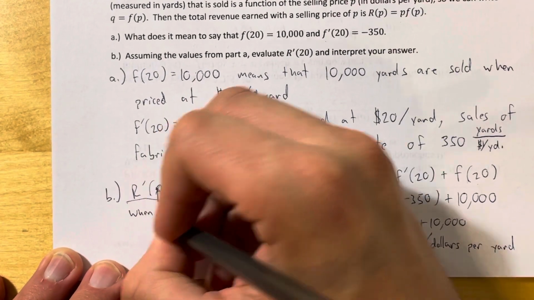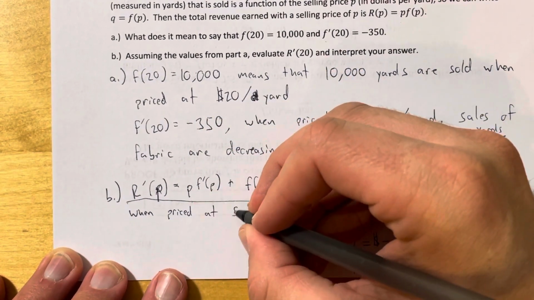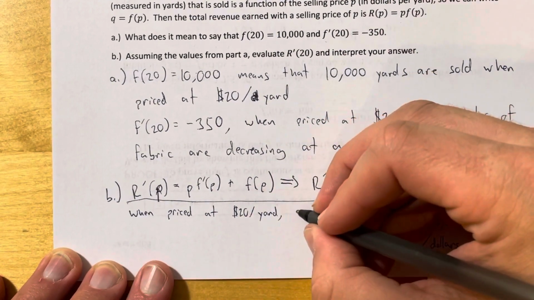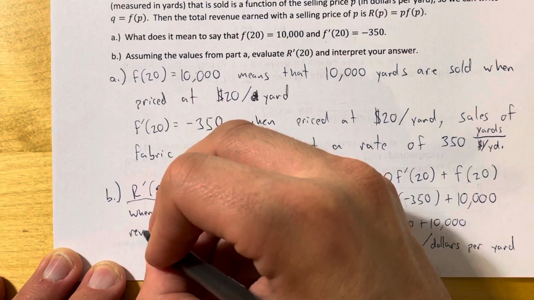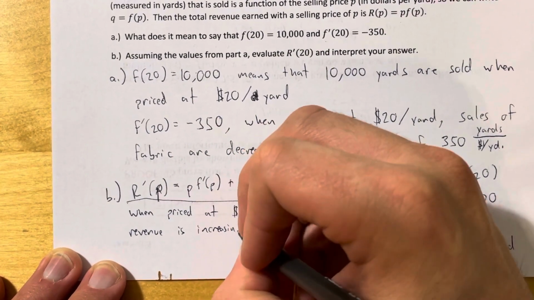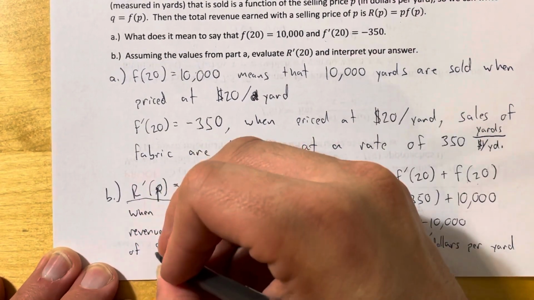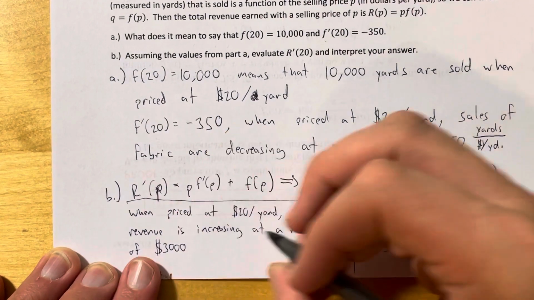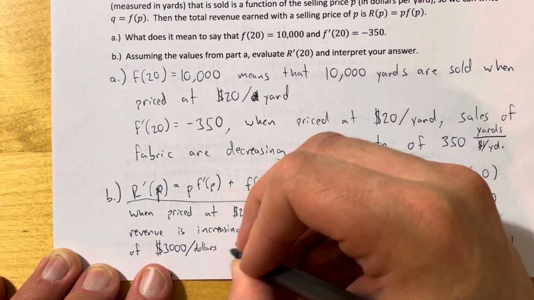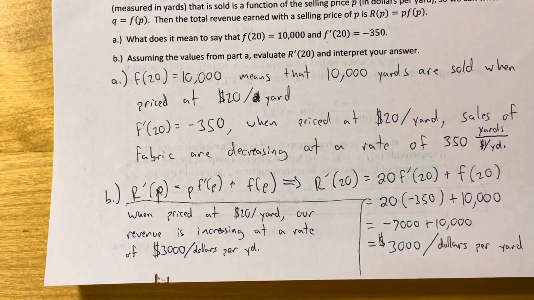when priced at $20 per yard, our revenue is increasing at a rate of $3,000 per yard. In fact, what this suggests is that we might even want to increase the price a little bit more,